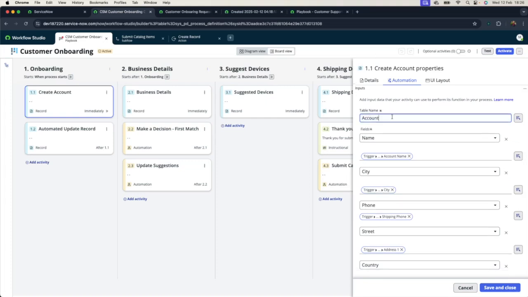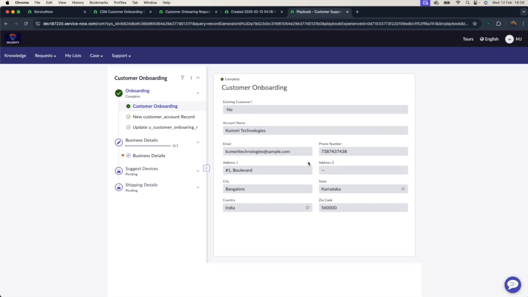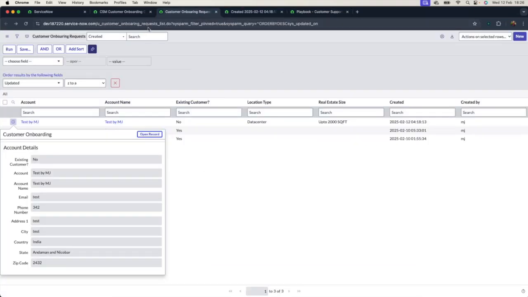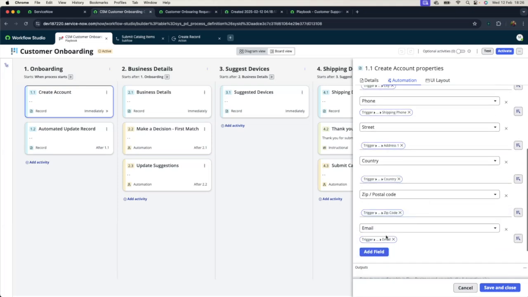I'm giving the table name, which table I want to create the record on. As I said, since they filled in the details of the account, we are going to create the account. So here I'm saying create a record on this account table. The fields have to map his name. I pick it from the account name they inputted, and city, phone, street, country, email, zip, everything from whatever they